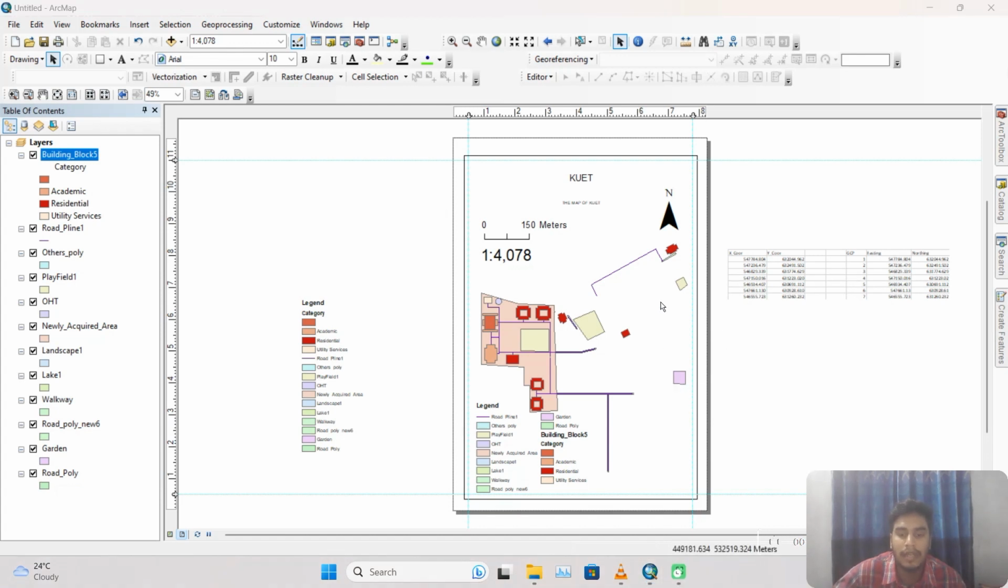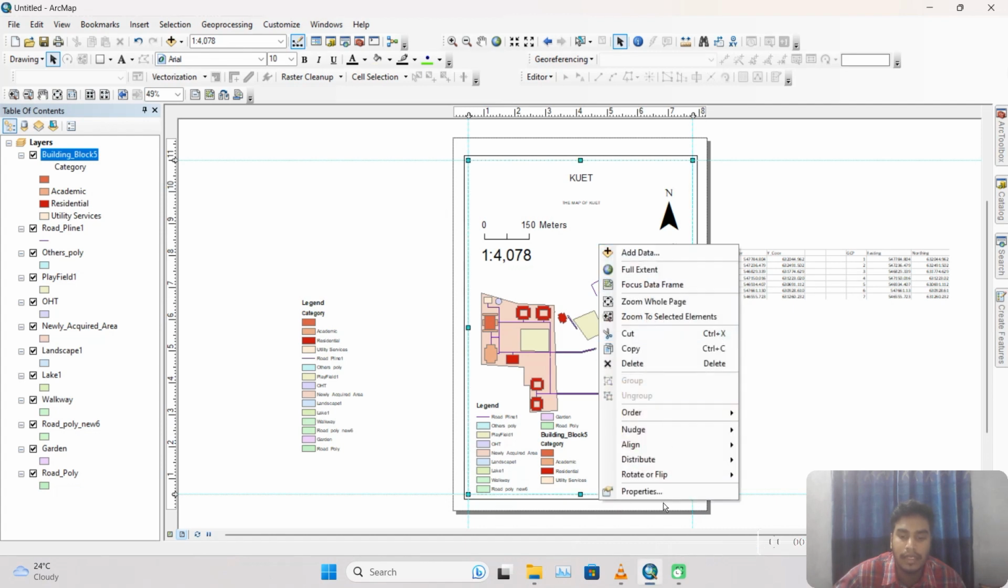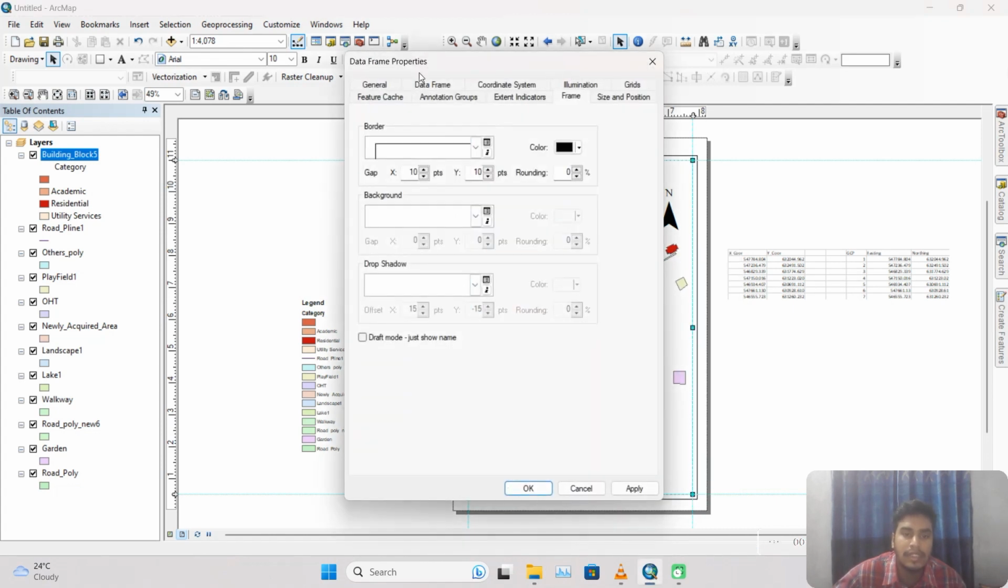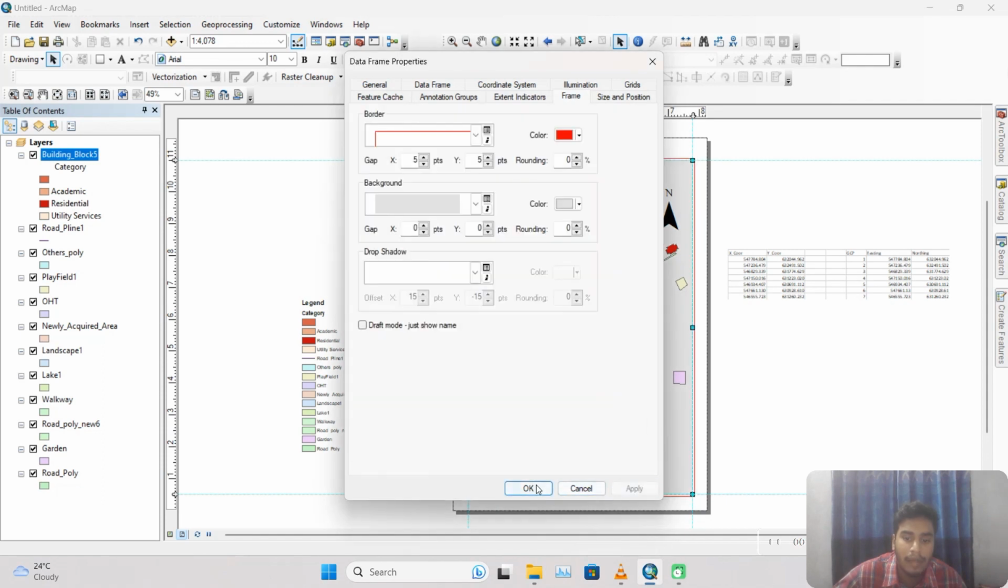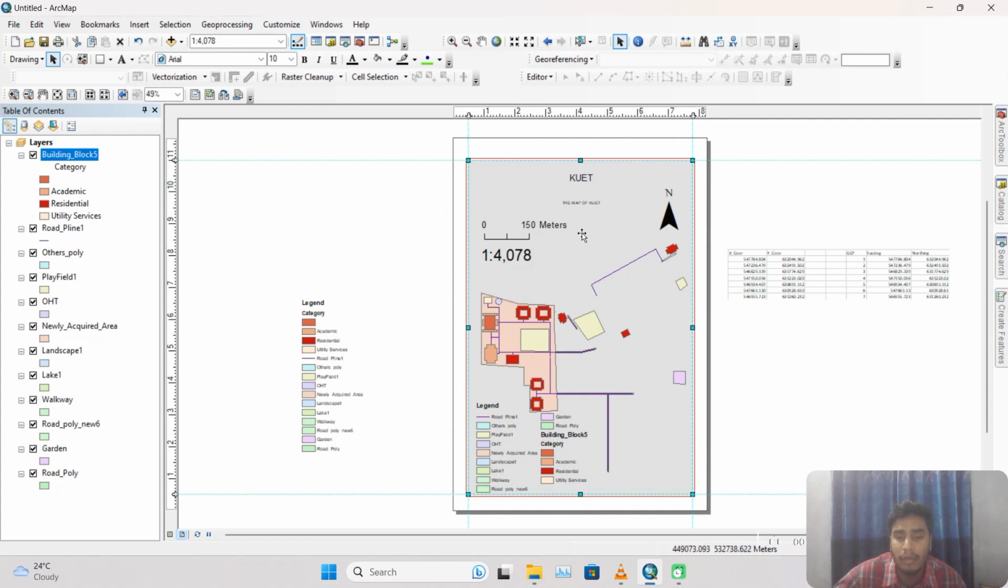Also, we can change this map's data frame properties. To do that, we can select inside this map, right click and go to its properties. Here we can see the data frame properties. We can change its border, its background, or shadow or anything. We're gonna select the border red maybe. We're gonna give a gap of 5 for both x and y. We're gonna give it a background of gray. Apply. Here you can see there is a red border on this map and